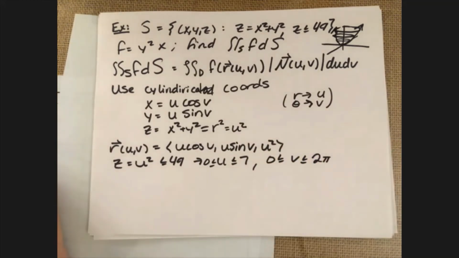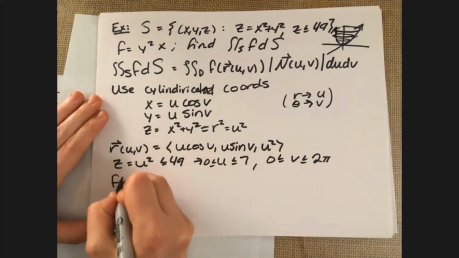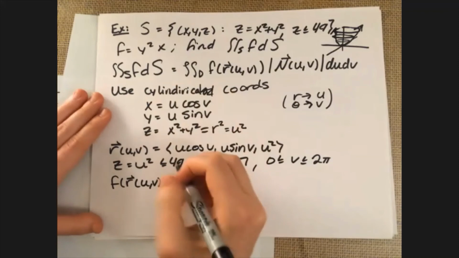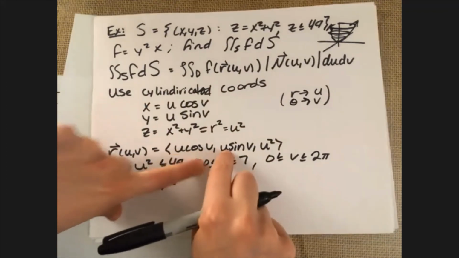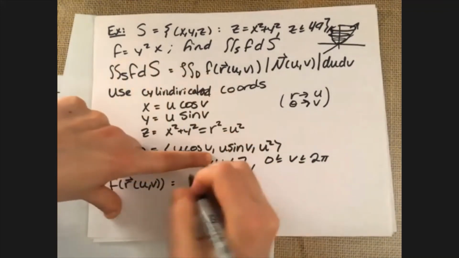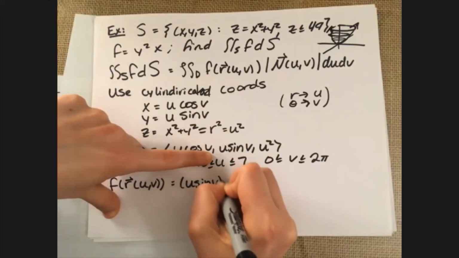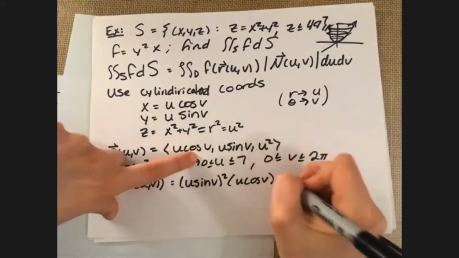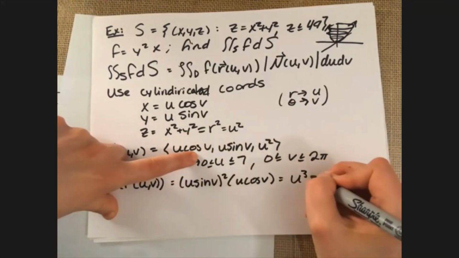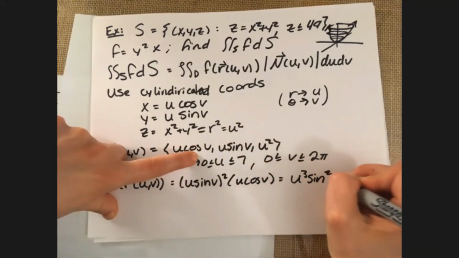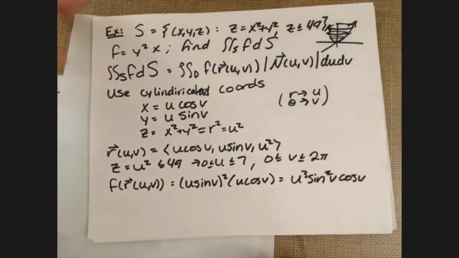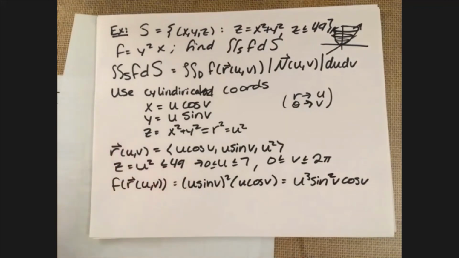pi. Okay. I'm going to go ahead and swap over to f of r of u v, since this time there's actually something to plug in. This is going to be equal to, I'm looking at these guys right here. My y squared is going to come from u sine of v squared, and then we have u cosine of v going in for x. So I get u cubed sine squared v cosine v. Okay, so that's pretty much it for f. Now we got to start working with